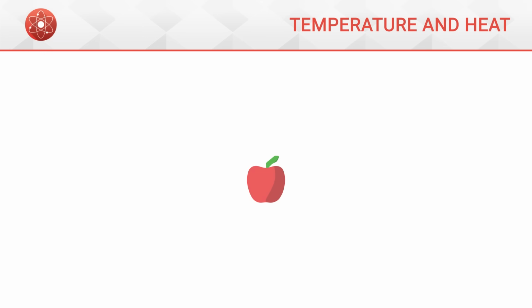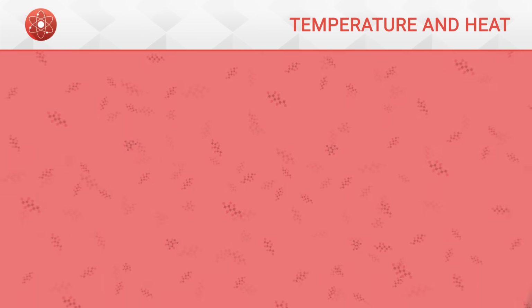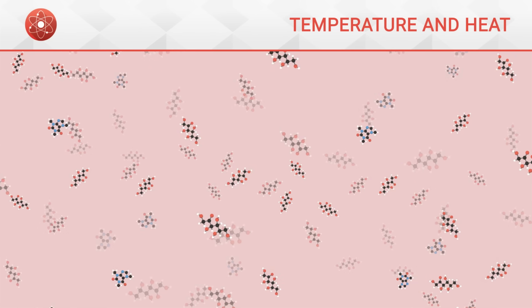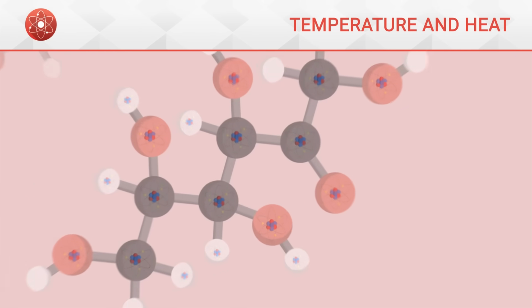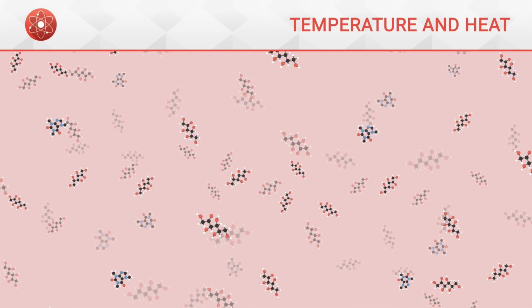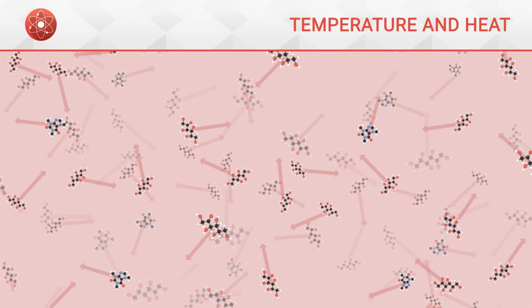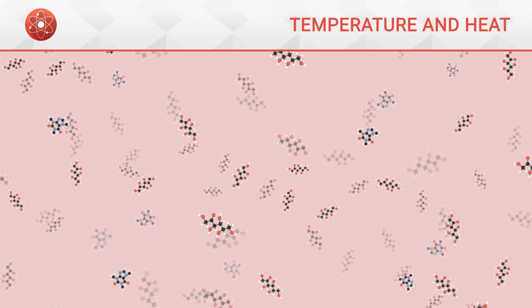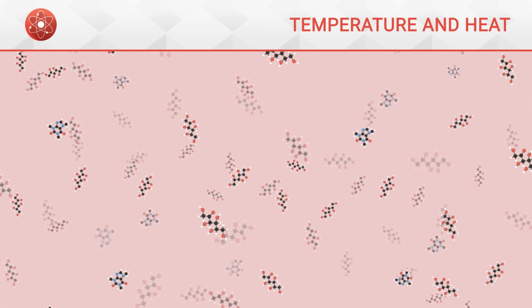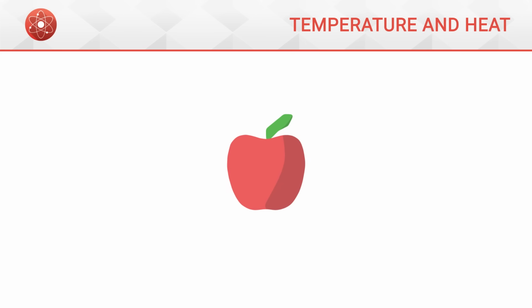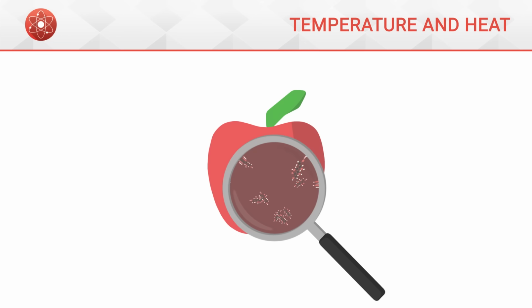However, if we look at the microscopic scale, the apple is actually made up of a multitude of molecules, which are themselves made up of atoms. These molecules, of which the apple is composed, are constantly in motion. They move very quickly and keep colliding with each other. Thus, even though from the outside the apple appears perfectly still, inside it, all the molecules that compose it are